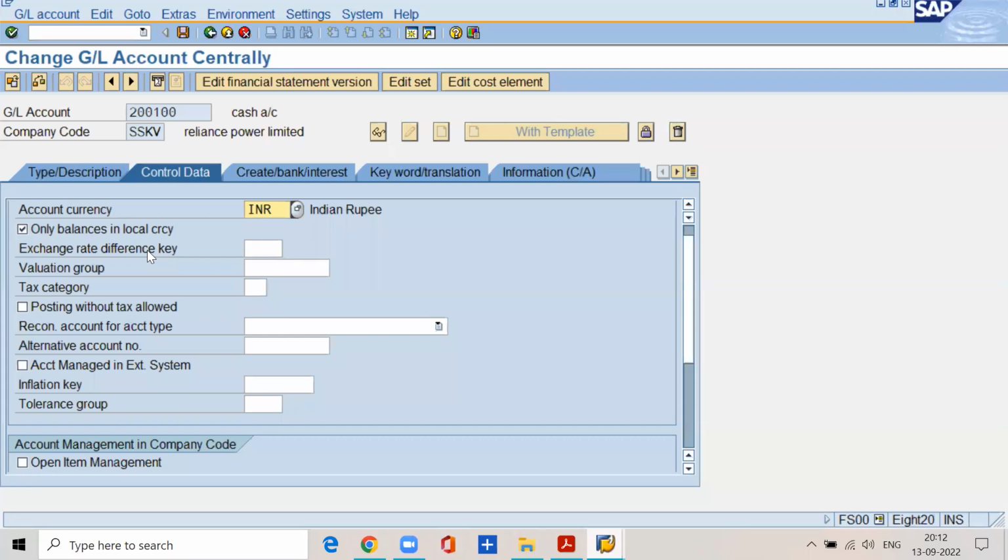Field status for master records is controlled by account groups. That is, the field status for GL master records is controlled by GL account groups,